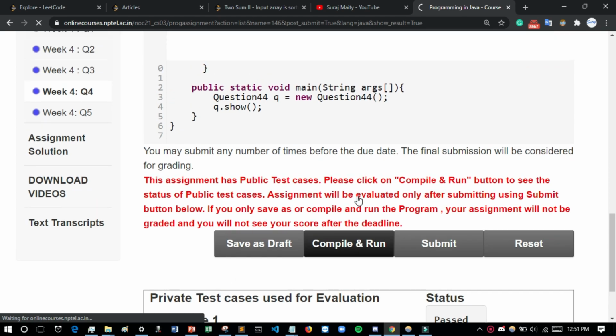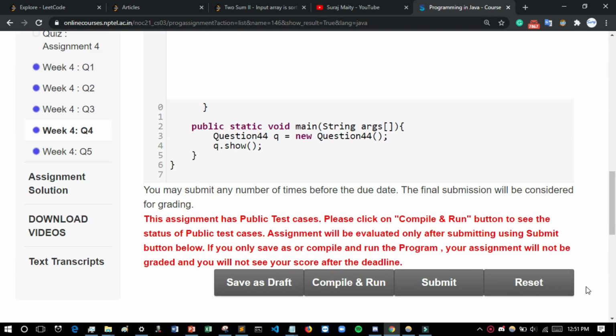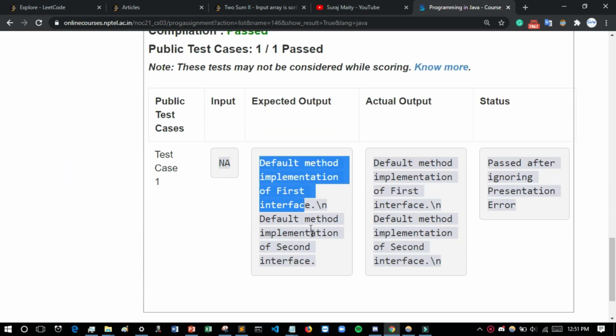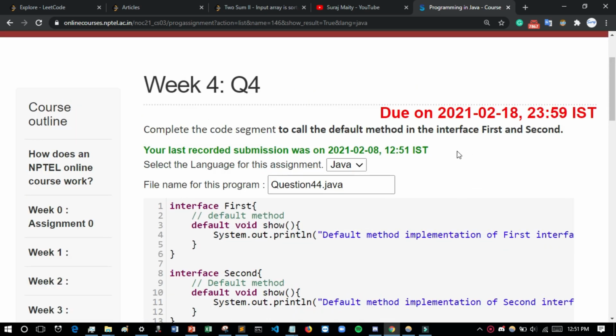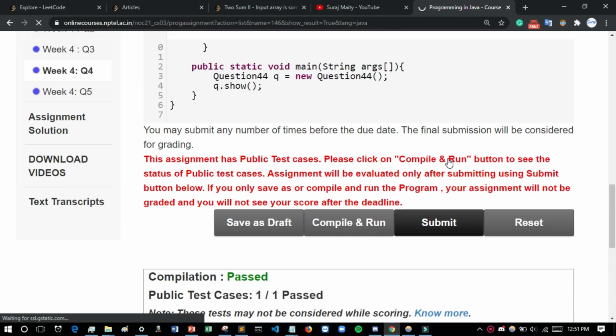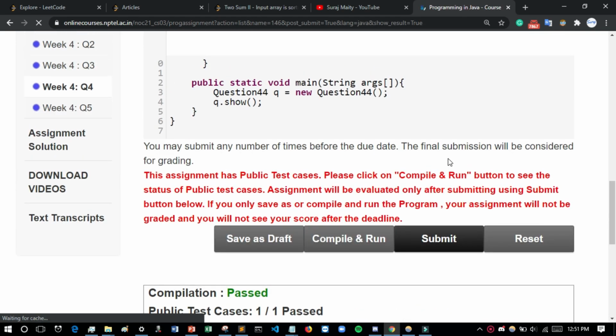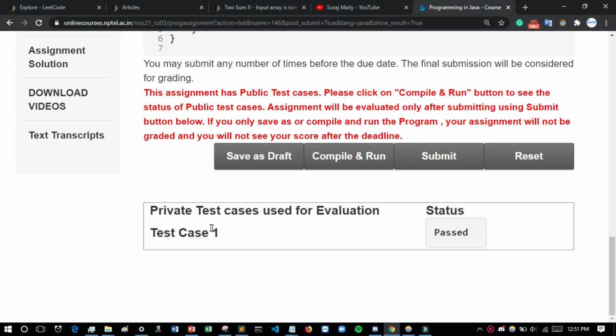Just click compile and run. It will show whether it is correct or not. After that you see here the expected output and our output is actually the same. Now I will submit it. After submitting, see whether it passed or not. See, it is passed, means it is correct.